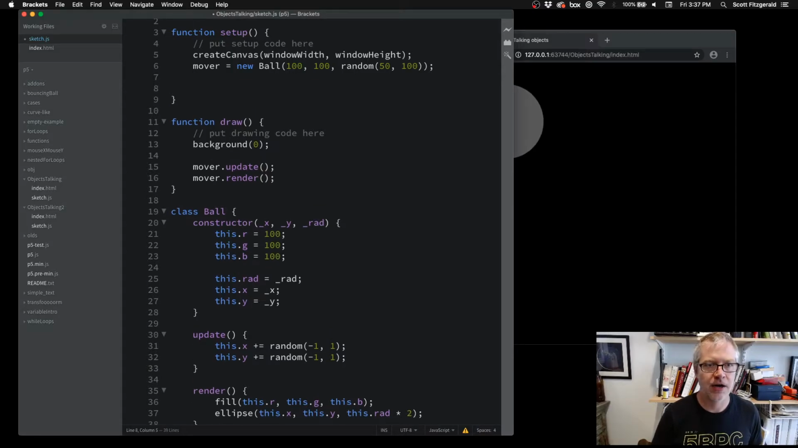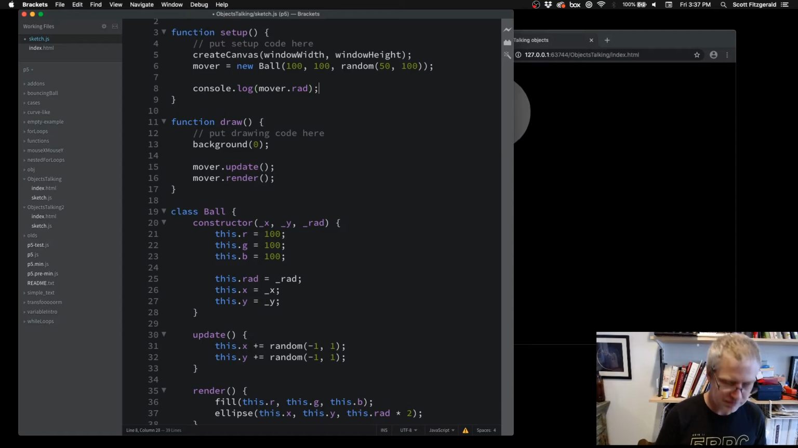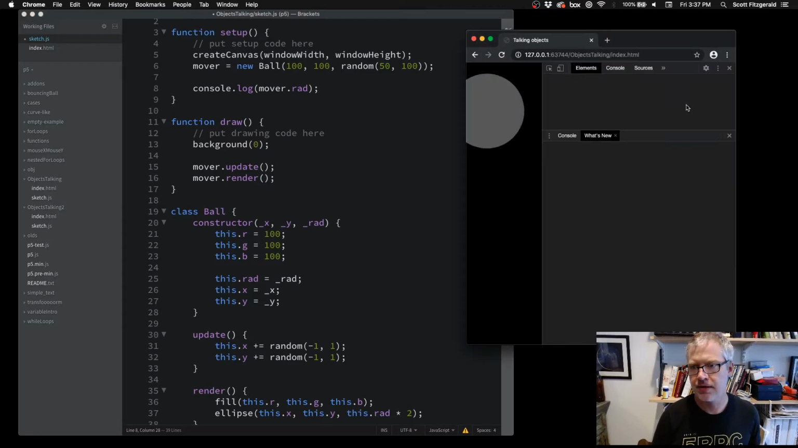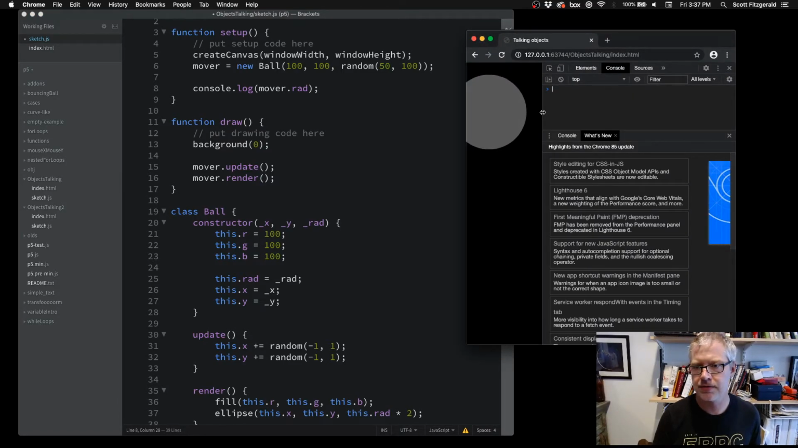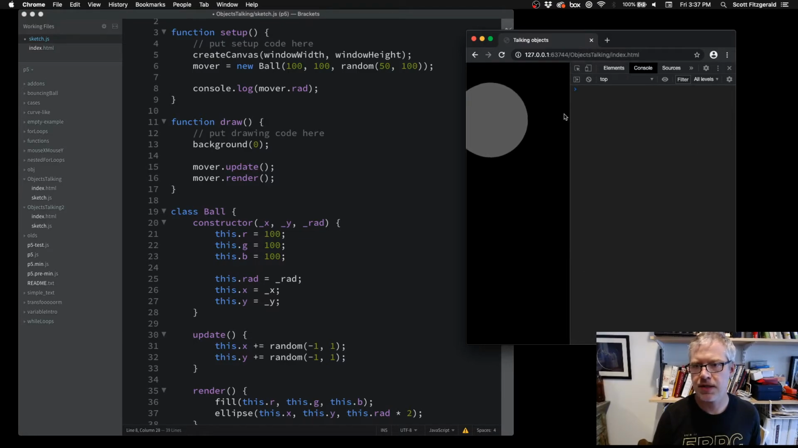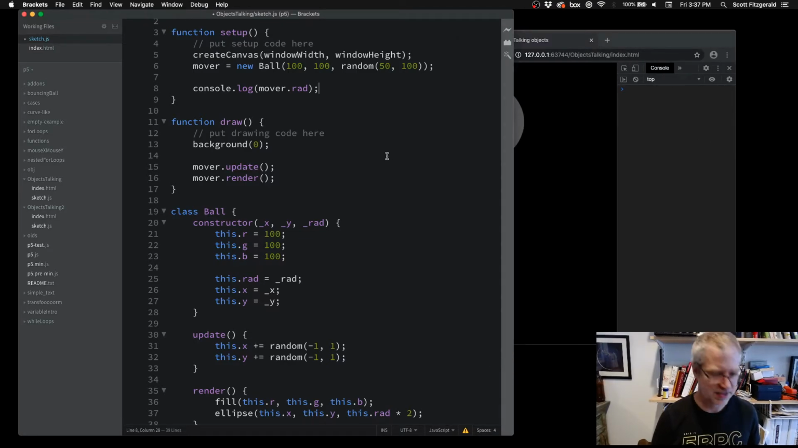So here, I'll just do this inside of here just to show you. I can say console.log, and then I've got the object named mover, and then I'm going to say mover dot, and then down here I check and I'm like, oh, okay, so it's called radius or rad, right? So then I can say mover dot rad, right? And so now I'm going to open up the inspector over here and the console, close that. And so now when I save this